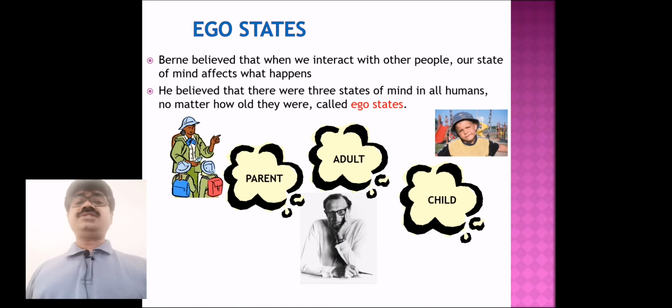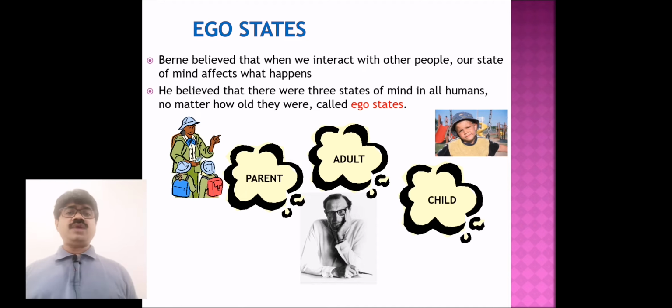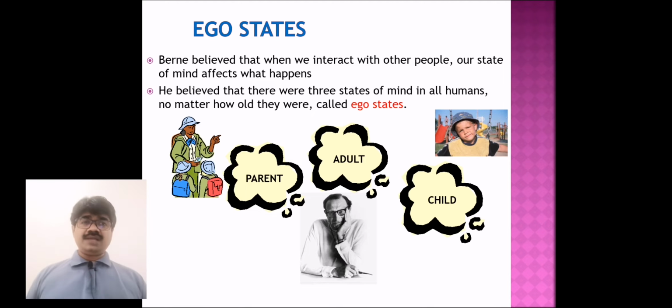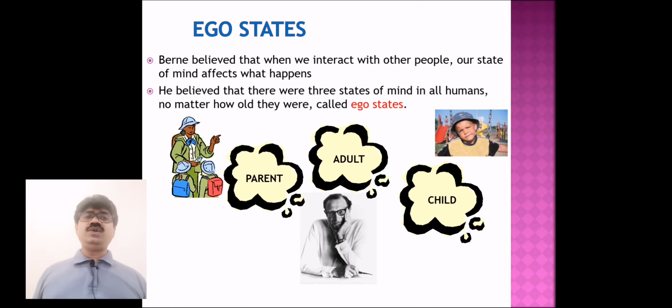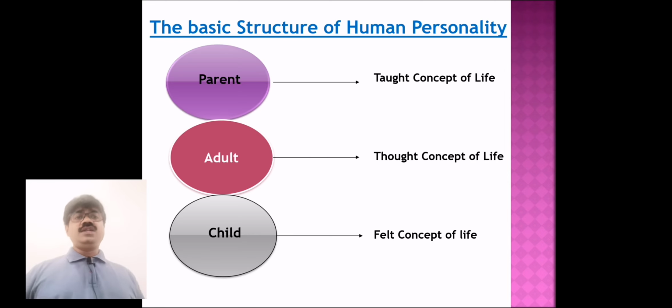And next, there is a child ego within us. We often like to behave like a child, as we used to behave in a certain manner when we were a child. No matter what age you are, you often have nostalgia and like to behave like you were a child. That is when you are in your child ego state. So, basically we always have these three ego states no matter how old you are. Even at the age of 60 or 70 or 80, you have these three egos. It's not your age that decides.